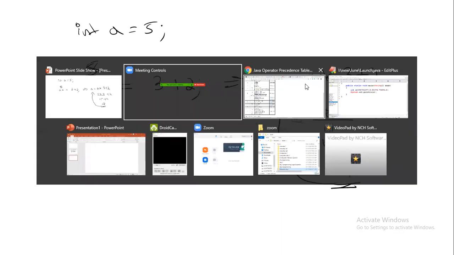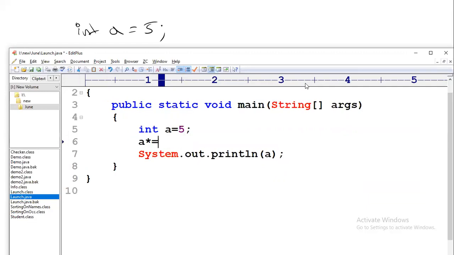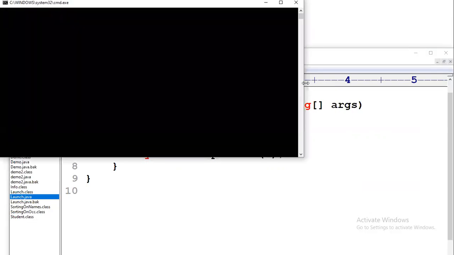Let's see. If you get a shock, please don't be shocked, because this is the way to teach you what is right and what is wrong. So A into equals 3 plus 2. Now, those who are telling the answer is 17, you're 100% wrong. Let me tell you how it is. The answer should be 25. Let's see how it is. That is why I wanted to explain each and everything in detail. The answer should be 25. So how is it 25? I'll tell you.